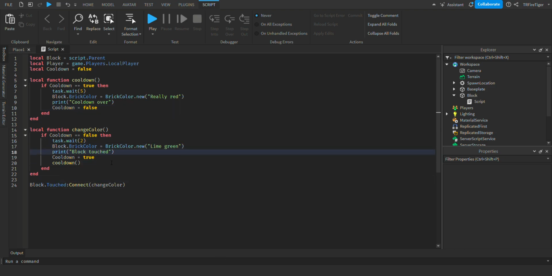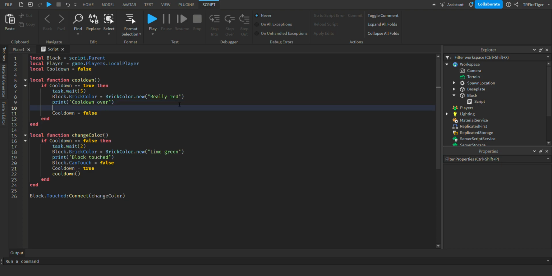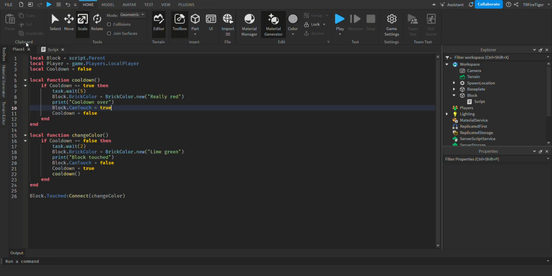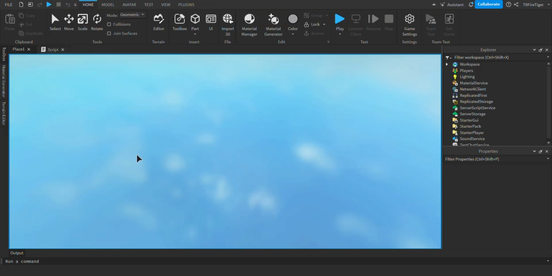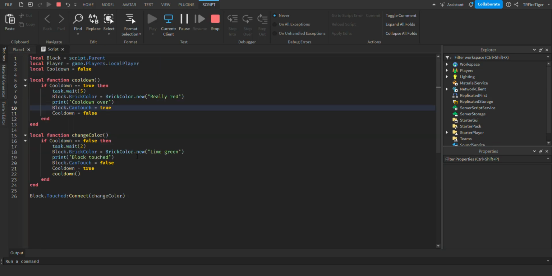So cooldown will equal true. And then also right here, block dot can touch equals false. We'll turn it false right here. And then we'll do block dot can touch equals true right there. So there we go. We'll make it to where once you touch it, it can no longer be touched. No more touchy. I'm going to get rid of the task.wait because